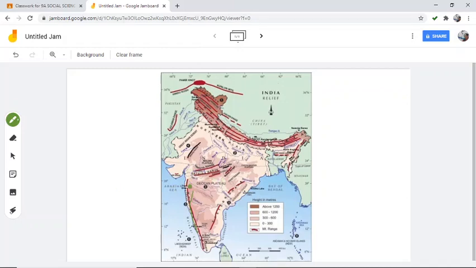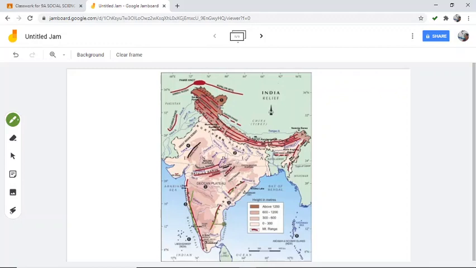While marking the Eastern Ghats and Western Ghats, you should remember one thing. For the Eastern Ghats, you start from here and draw a line here, then some gap, then a small line, once again a gap, one more small line. You should keep enough distance between the mountain and the coastal region.